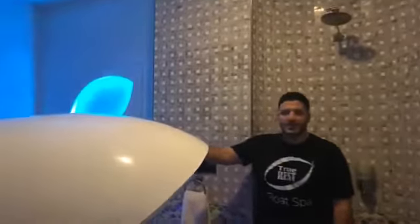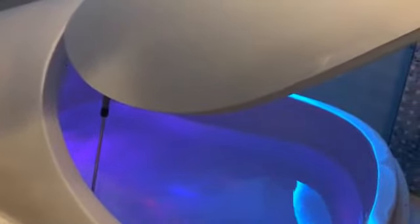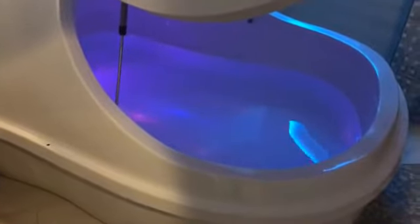And you were saying before you go into one of these float pods, you normally come in, you would take a shower first, and then you would go ahead and get into the actual pod. Exactly. So. Okay, so with the pod itself, why would people want to come in here and get